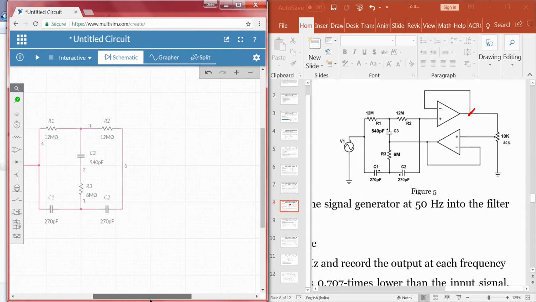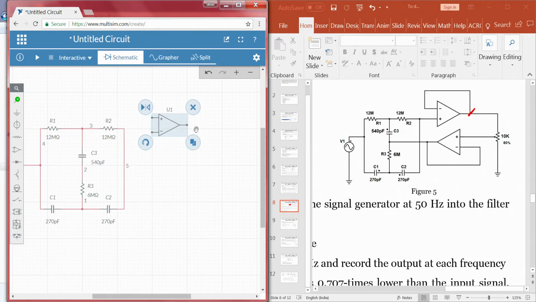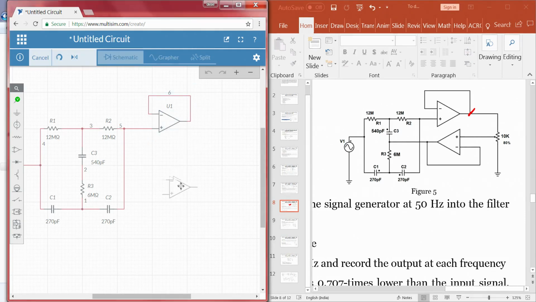And we need 2 op amps. So, 1 op amp we are taking here, and the purpose of these op amps is that one provides impedance matching, and the other provides some offset to the system. So, what we do is we will flip the op amp. The connections will look similar to the connections that we see in our circuit board, right, and we will take one more op amp and rotate it, okay.